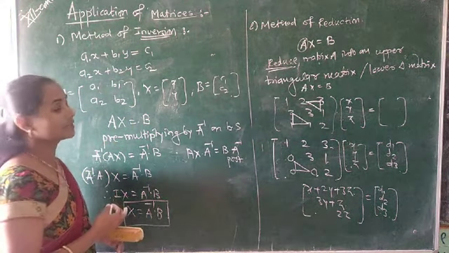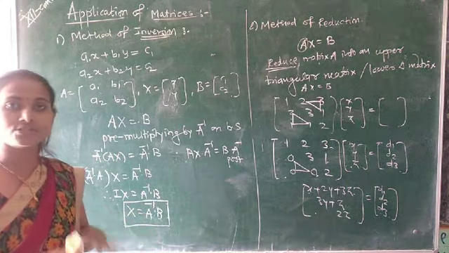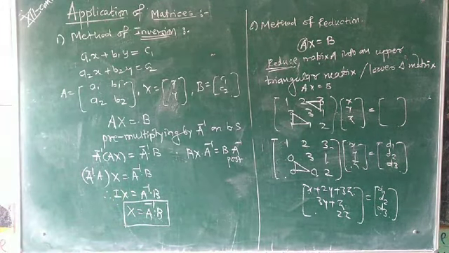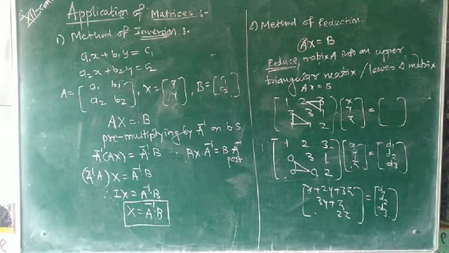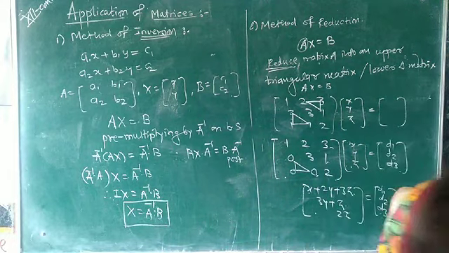And see, the first method we saw, that is the inversion method, because in this method we find the inverse of the matrix. So it is called the method of inversion. So now we take one example in our next exercise, that is exercise number 2.6.